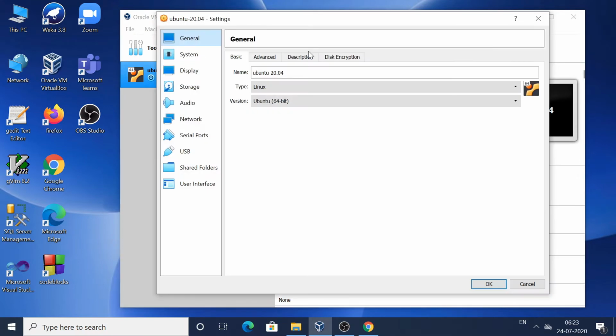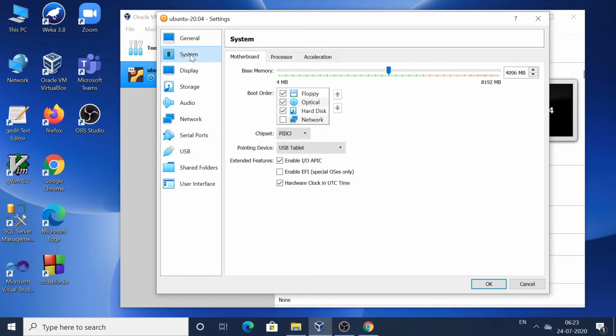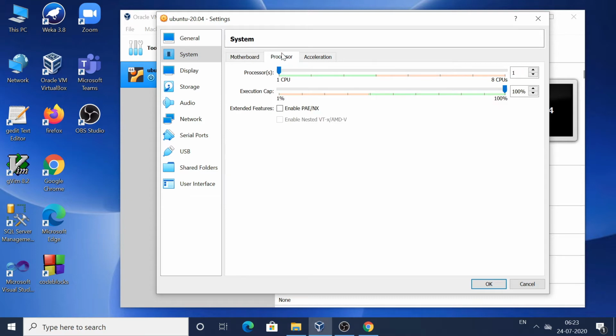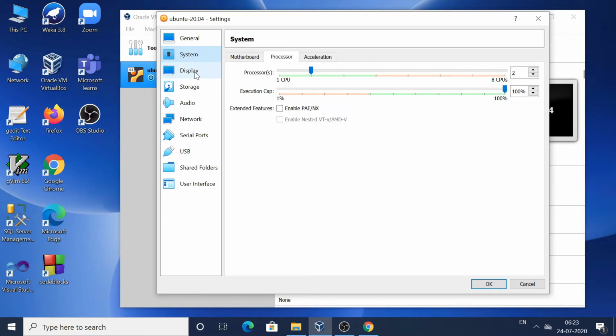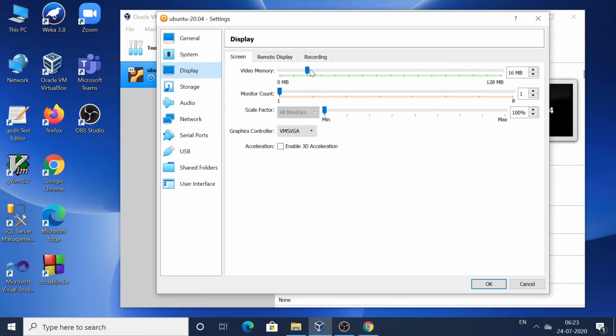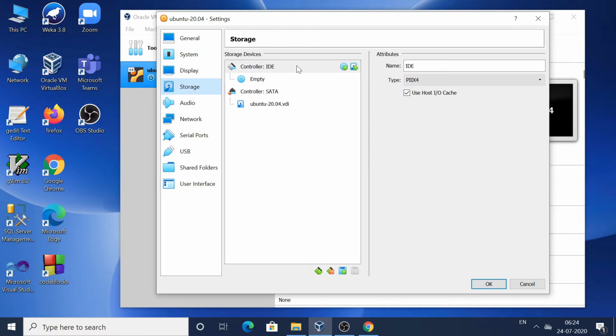Click settings, go to system, disable the floppy option, assign one more processor. Go to the display option, assign the maximum video memory of 128 MB. Click storage. Here you can see that the IDE controller is empty.